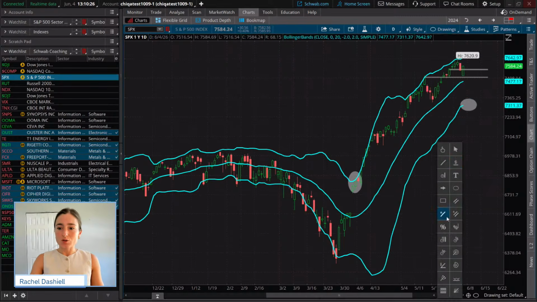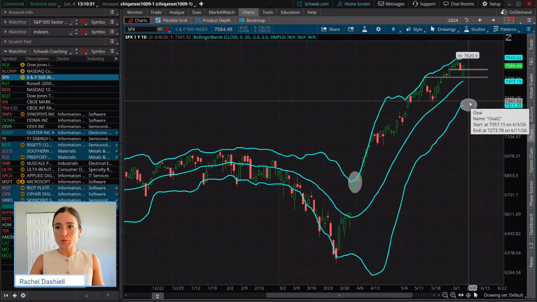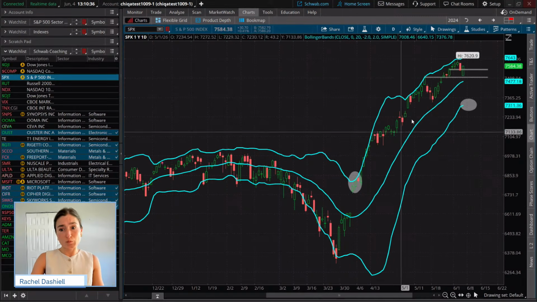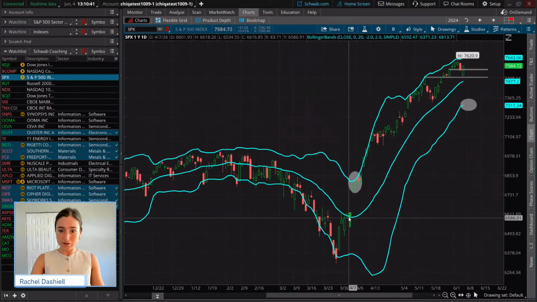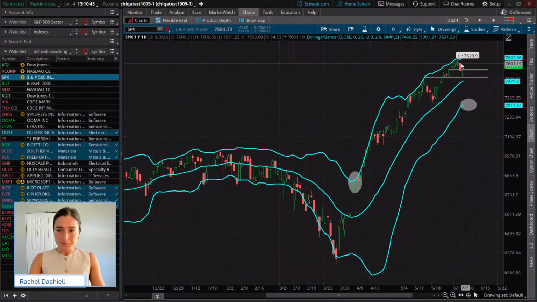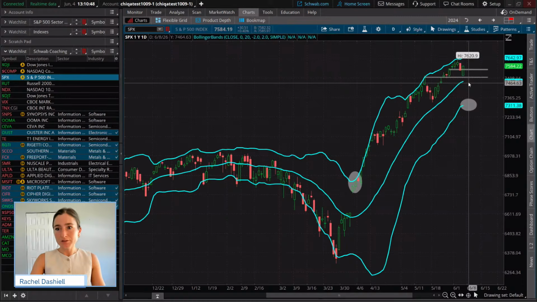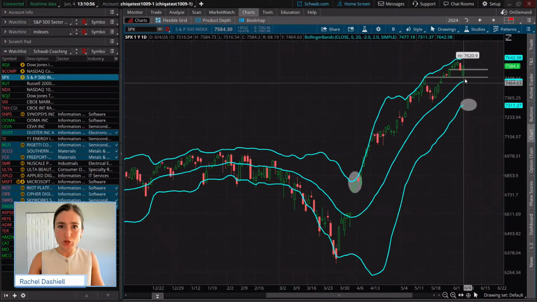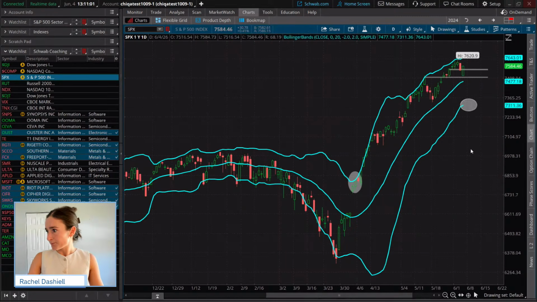Okay? So unless we see a close below the lower band, we would not be closing out this position. So yes, price may be reverting to the mean a little bit. Maybe it's not. It's been pretty extended, well above its 20 period simple moving average for the last few months. But if we did start to see a little bit of a bend in the trend, a more cautious trader could take an exit at the 20 period simple moving average. But again, that doesn't give you much bend in the trend. So a trader would take an exit in that instance.